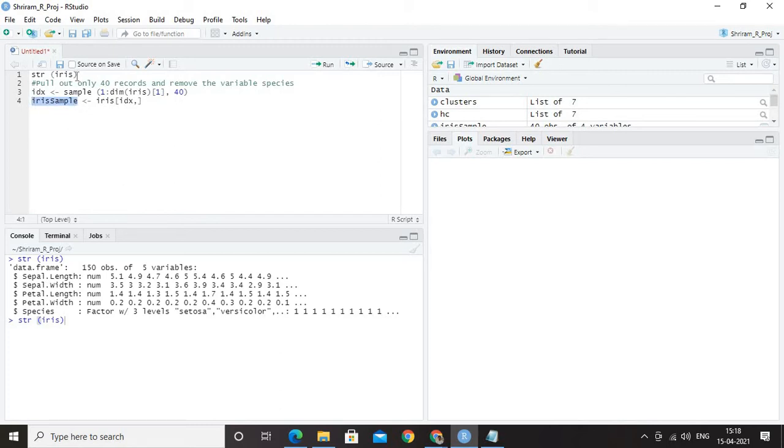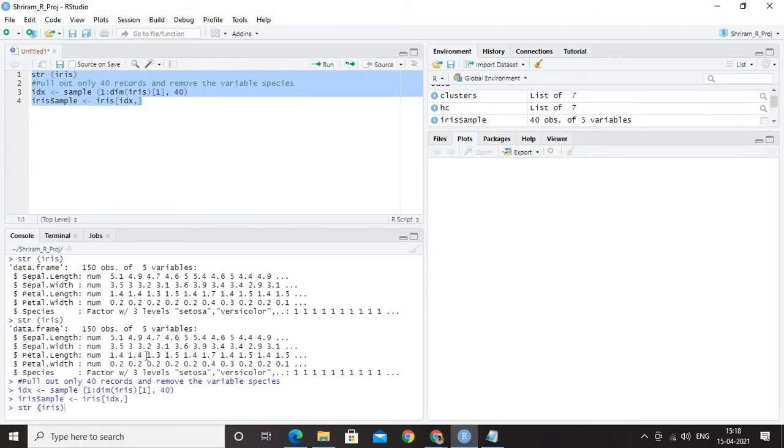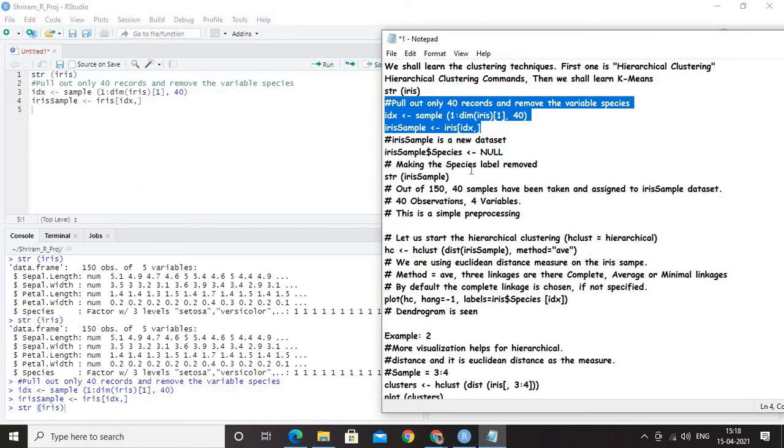So we have taken the iris data set, which has 150 observations and 5 variables: sepal length, sepal width, petal length, petal width and species. Now I do not want the species at all and I want only 40 observations. So I sample it properly by saying that I need only 40 here. Once it is done, I can run it. I have not printed it, but it is all processed right now. So what is the method for printing it?